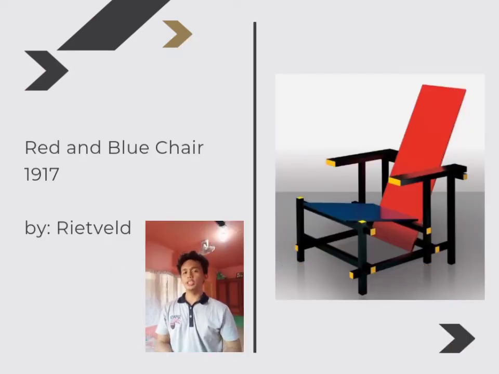The Red Blue Chair. The Red Blue Chair was designed in 1917 by Gerrit Rietveld. It represents one of the first explorations by the De Stijl art movement in 3 dimensions. In the Red Blue Chair, Rietveld manipulated rectilinear volumes and examined the interaction of vertical and horizontal planes, as we can see in the picture. Rietveld believed that there was a greater goal for the furniture designer than just physical comfort. These are the well-being and the comfort of the spirit.